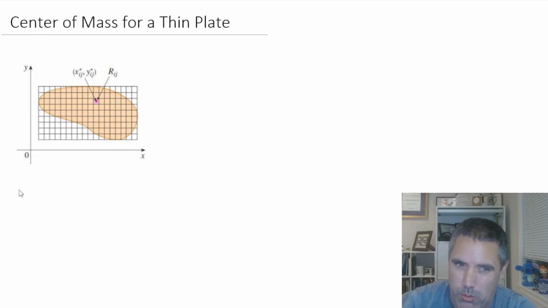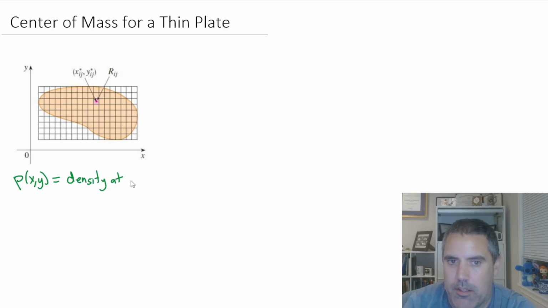And then assume we have a formula, rho of x,y, which is the density at x,y. And what we really mean by that is if you cut out a little square here, what's its mass per unit area? It's actually a limiting density as it gets smaller and smaller. So just think of this as if you cut out a little 1 by 1 square,